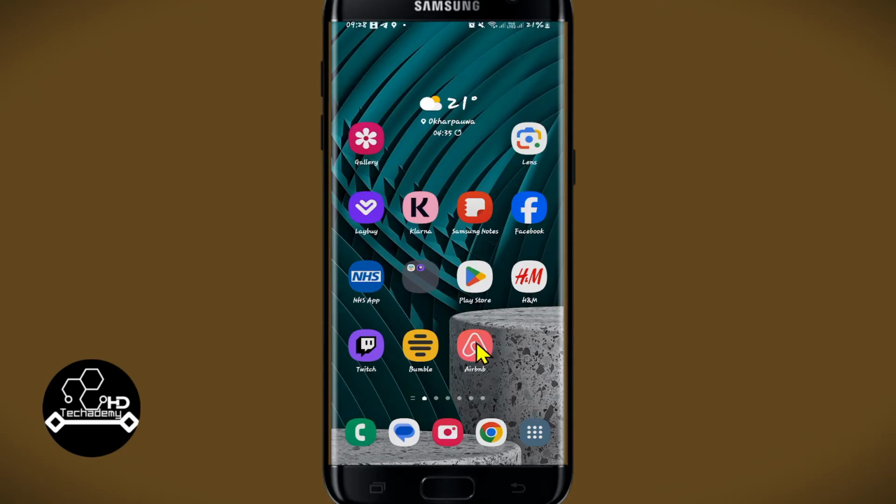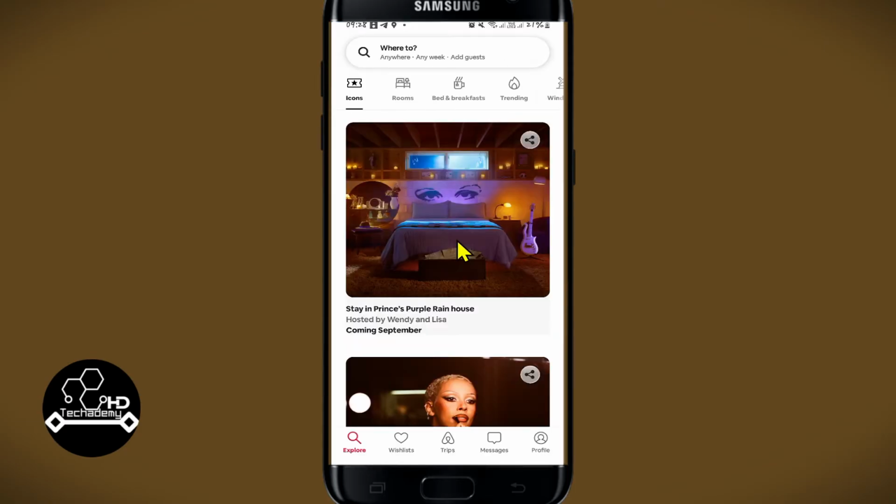First of all, open up the Airbnb application, and if you haven't logged into your account already, tap on the login button at the bottom right corner and proceed forward with your email address and your password or your social accounts. Once you are logged in and taken into the homepage, if you wish to change the language, you can